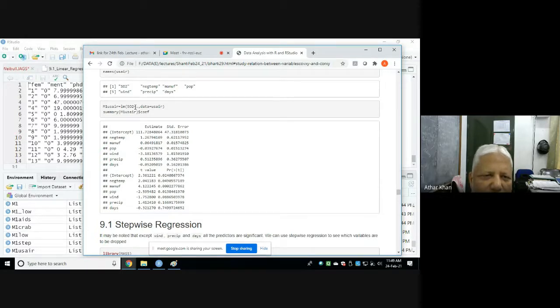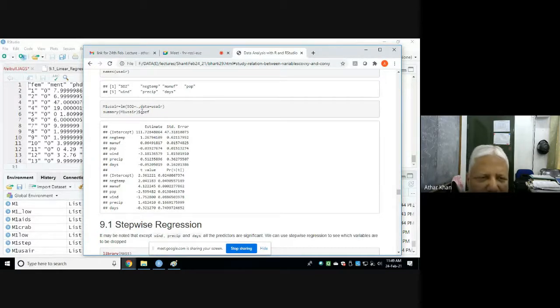This way we can model, just write the dot. Otherwise you have to write tilde negtemp plus manuf plus pop plus wind plus precip plus days, a big formula. To avoid that, just put a dot. All these concepts are discussed by Wilkinson and Rogers.